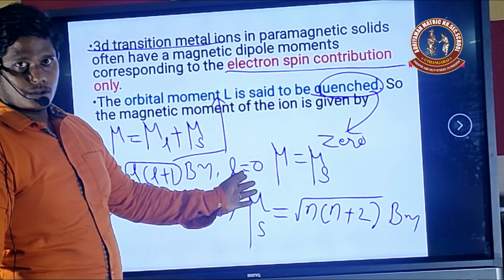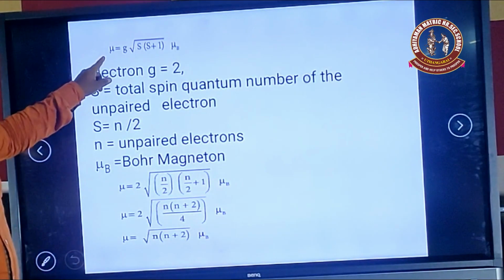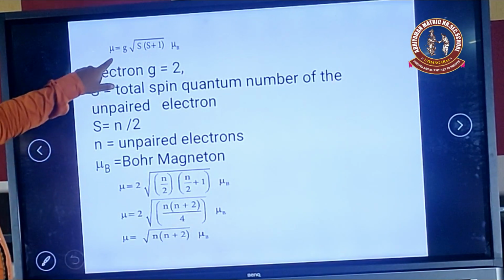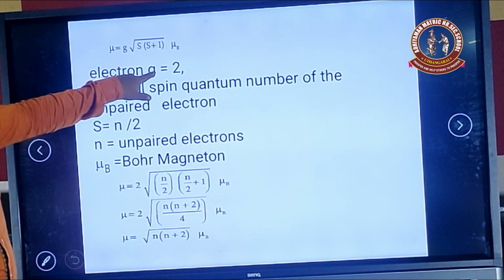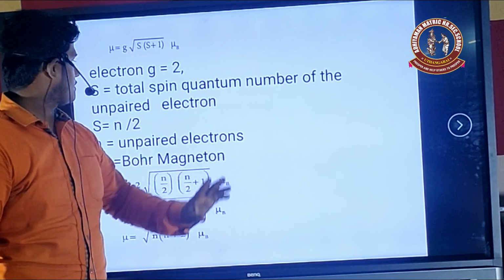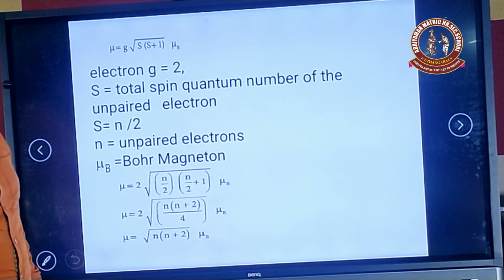How do we derive this equation? mu equals root of g squared S into S plus 1 times mu B. Here g is the electron g value, equal to 2. S is the total spin quantum number of the unpaired electrons, that means single electrons. For example,